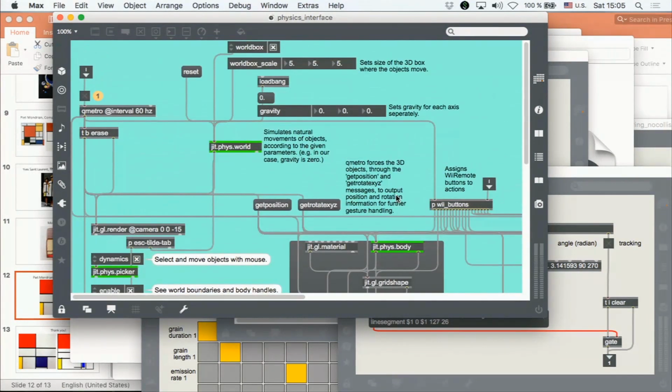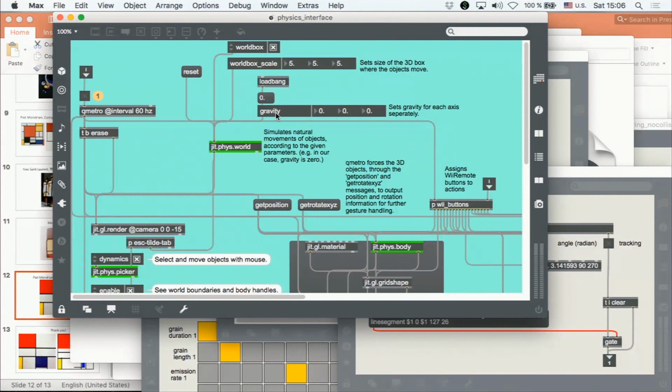All you need is this jig.phys.world object. This is creating your physics world, and then you give it the size, and you can of course control the gravity.